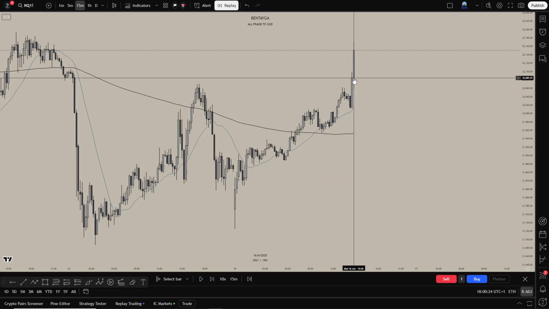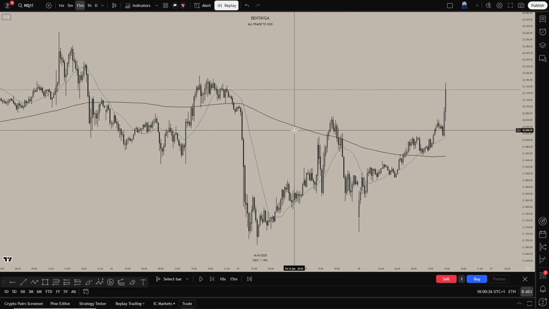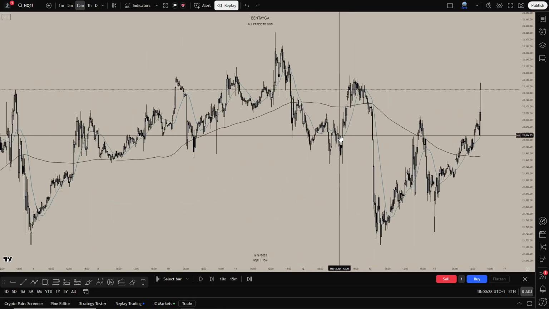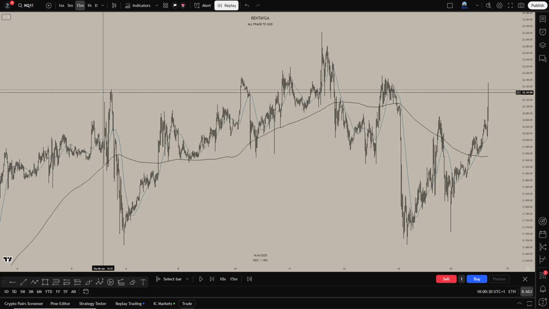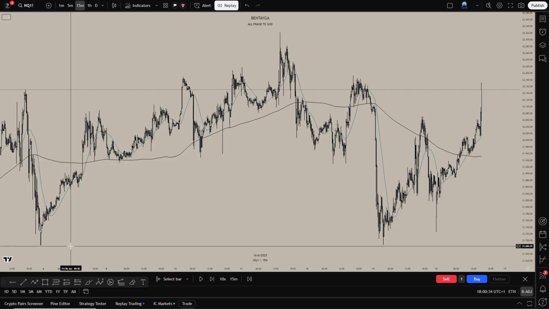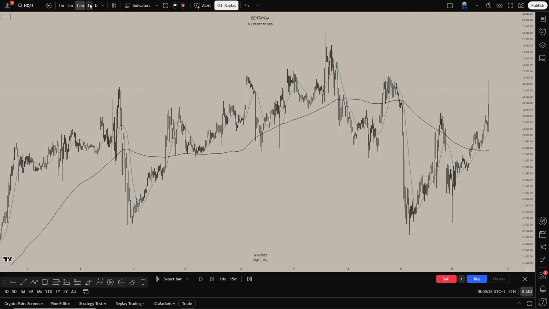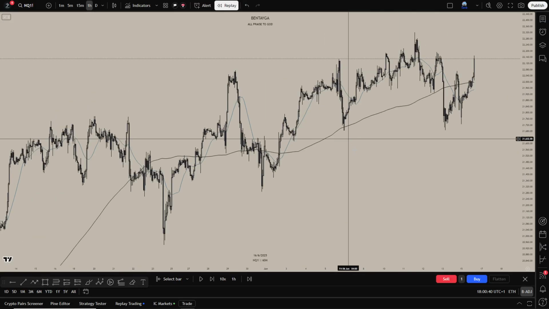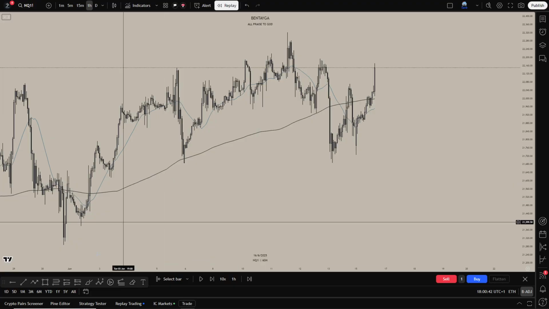But right now, this is 3 o'clock, and if we just zoom out, it looks like price was bullish, took out some lows, continued being bullish, and now we're potentially pushing higher. You might not be able to see on the 15 minute, but if I just go to the 1 hour, then it is much more clear where